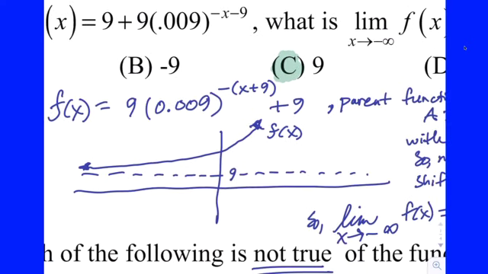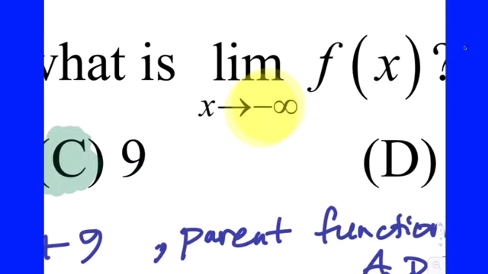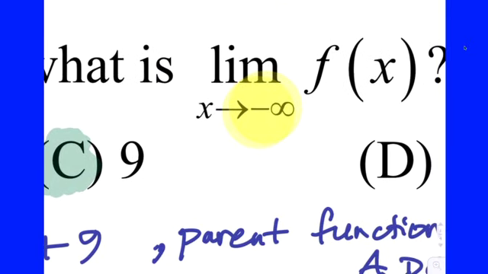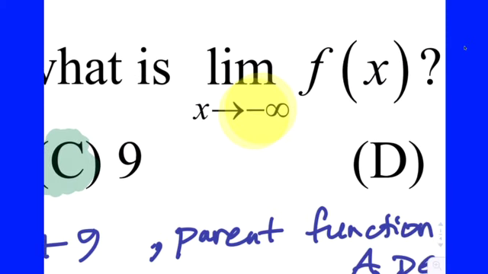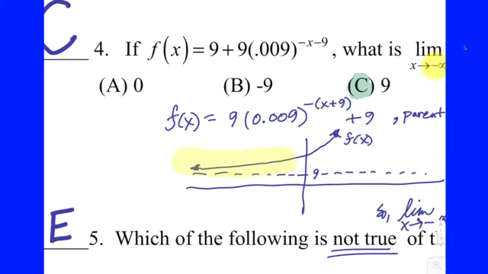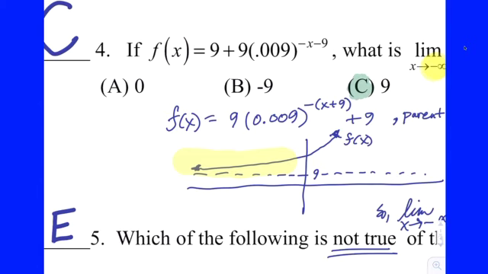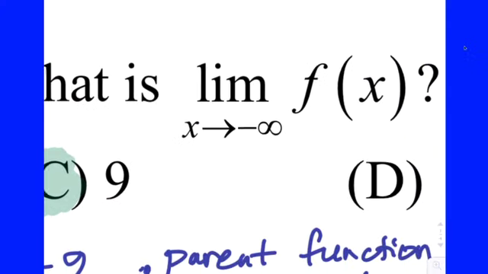Now you can answer the question, what is the limit as x goes to negative infinity? This just was careful reading. I know we print your test off on half pages, but you still should be able to see that negative, or if it looks like it's something that should be a negative and you're not sure, you could ask questions. As you go to negative infinity, you're going off to the graph on the left, and you're getting closer and closer to the horizontal asymptote at 9. And so the answer was C, right? The limit as x goes to positive infinity is infinity. So if you didn't see that negative there, I apologize.